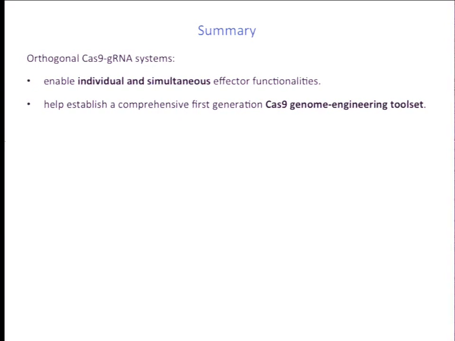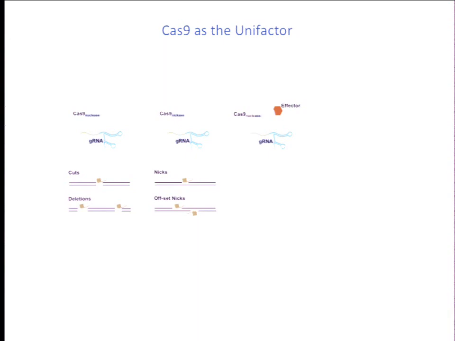And the way I'm trying to look at the Cas9 system is that the Cas9 is, in some sense, a unifactor. It's the only known example in biology where one can programmably bring together RNA, DNA, and protein. And in that fashion, the Cas9 system can really be used to engineer a range of functionalities. For instance, you can use a nuclease version of the Cas9 and use it to make cuts and deletions. The nickase version of the Cas9 can be used to make nicks or offset nicks, as I showed. One could use the Cas9 nuclease null versions and attach appropriate effector domains onto the Cas9 protein and use it for either genome regulation or attach novel effector domains such as fluorescent proteins or monomeric nucleases, or in my opinion, probably one of the highest value things would be to convert it into a recombinase.